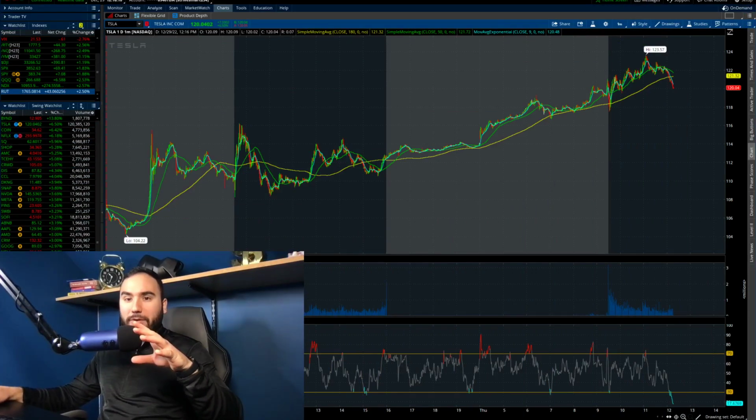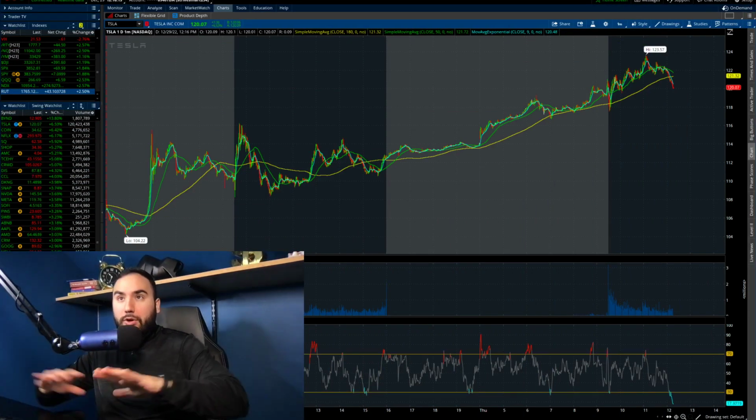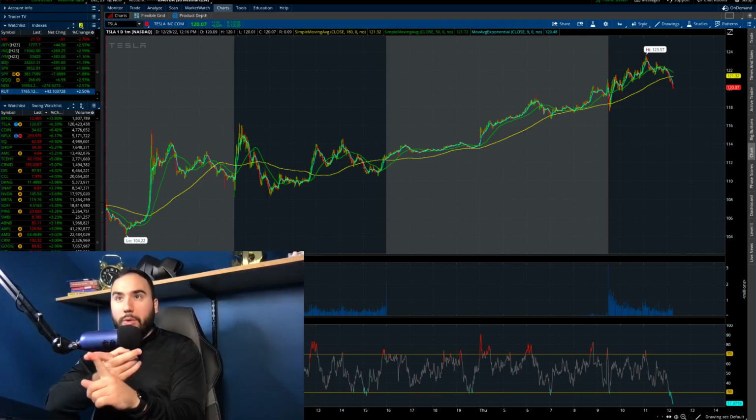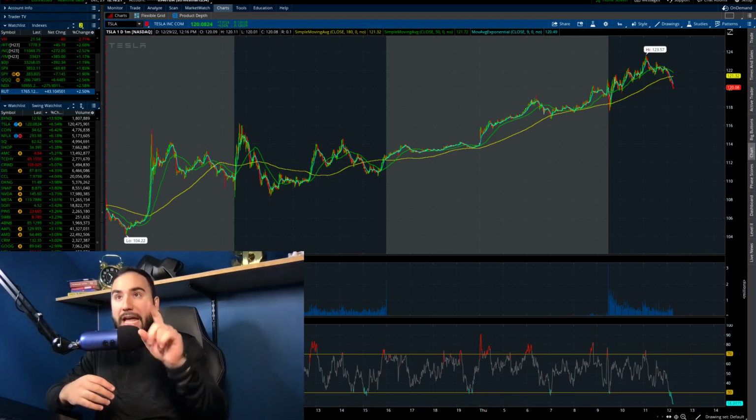Man, what a day for the market so far today, guys. It's roughly about 12 p.m. on the East Coast when I'm filming right now, and Tesla's up almost 6.5%, and the overall markets are crushing it. Russell's up 2.5%, same with the NASDAQ, as the S&P's up almost 2%, and the Dow is